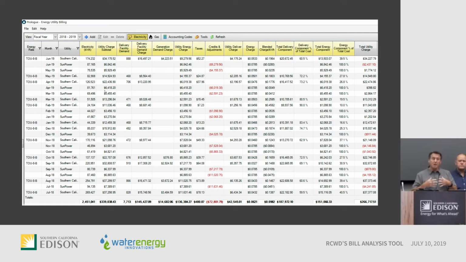So again, for me, it was more, I need to understand, these guys need to understand what tools we need and what tools we can find to help us take a look at all this data, marry it all up into one place and really get a better understanding. I think that's the other big takeaway for us, is to see the big picture. So we can marry the acre foot production to the energy cost, and then that goes against our budget.